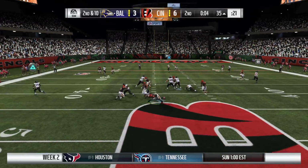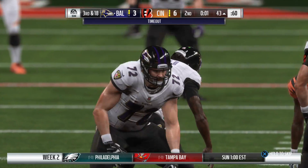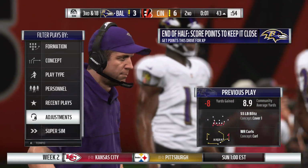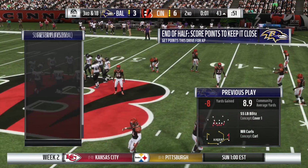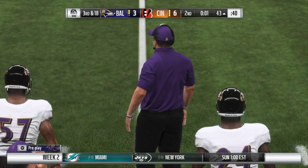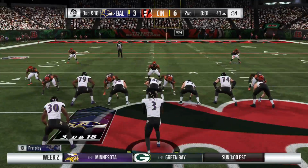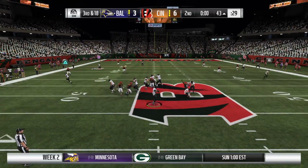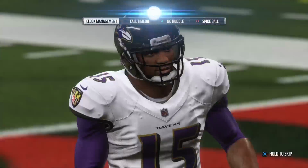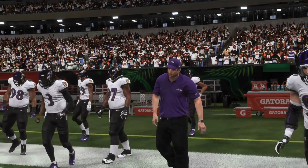Throwing again, Griffin. Rush coming, and he's taken down. And with just 1 second remaining in the first half, they'll call the timeout. The Ravens on 3rd down, 2 for 5 to this point. This will be a tough 3rd and 18. Final play of the half. It's Griffin looking deep for Crabtree. And this one is incomplete. So if you like field goals, this is your game. 6-3, 3 field goals at the break. As we send you